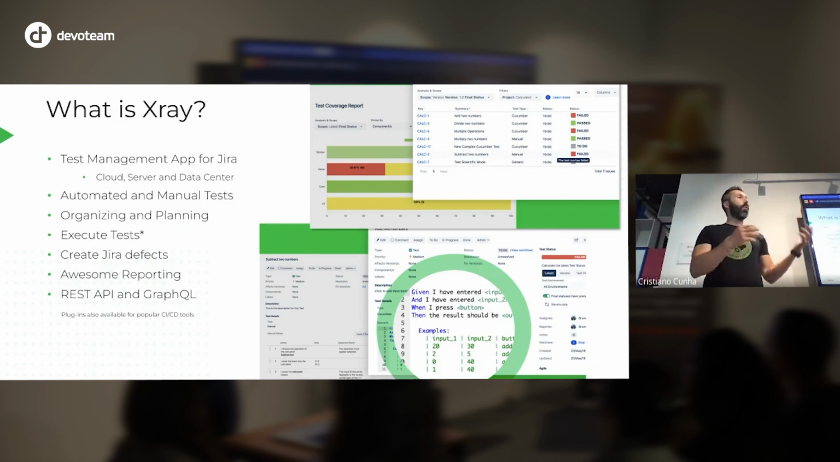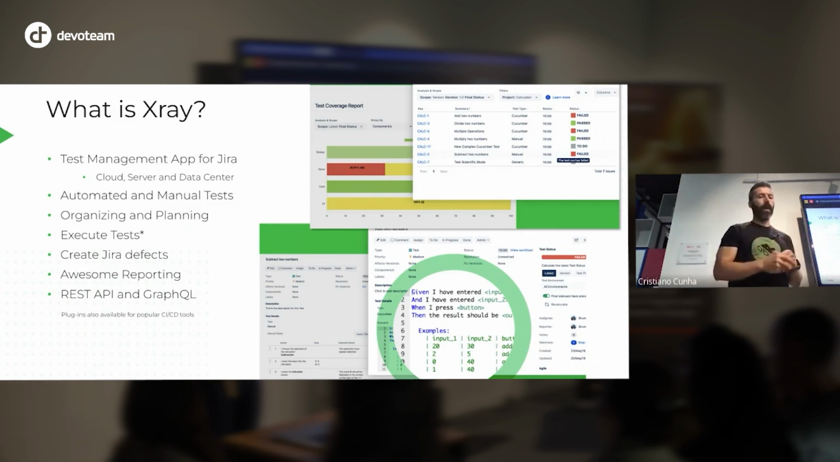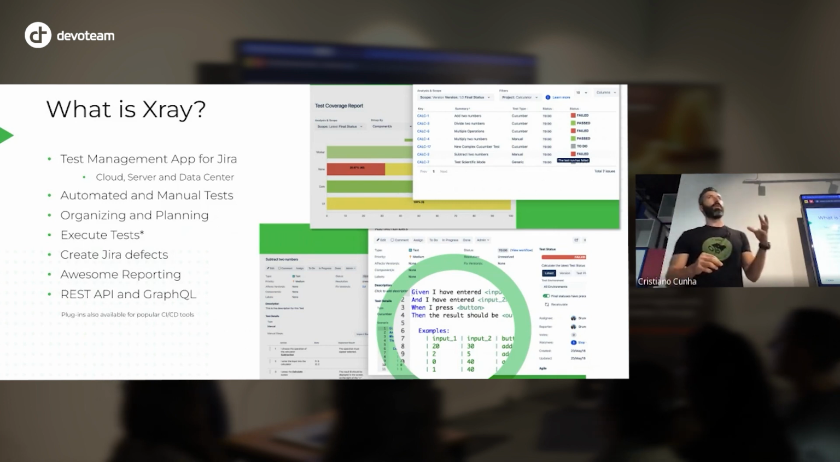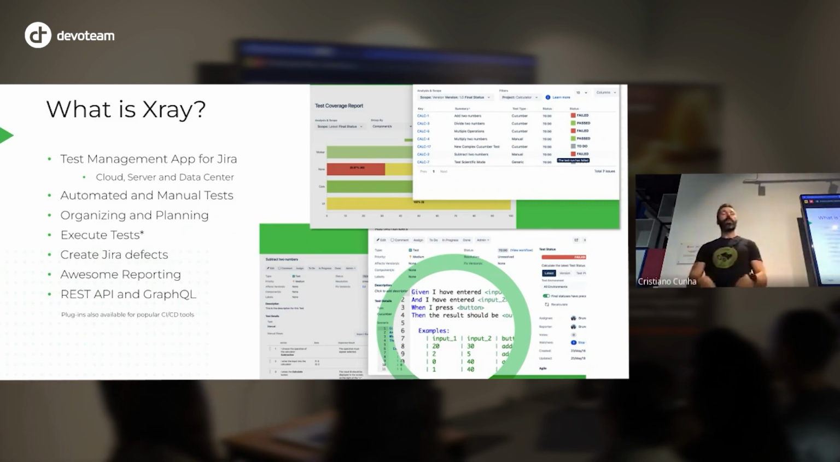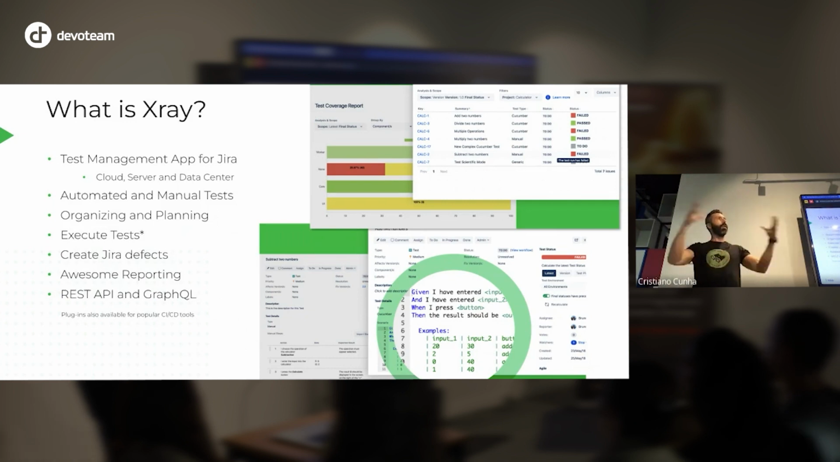We allow you to organize and plan your tests within Jira, and we allow also for you to execute those tests. Of course, we have a quote there, "execute" tests, because we don't really execute those tests. What we do is we ingest the results of the automation that is executed elsewhere, either on your pipeline or your automation tool, whatever. You execute those tests and then you ingest the results back to have visibility on your project. And of course, having everything in Jira, you can start creating Jira defects, and having all that information centralized